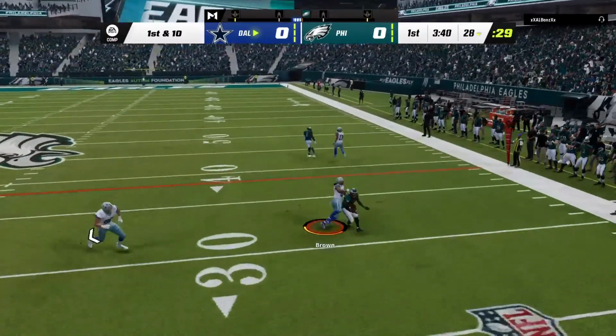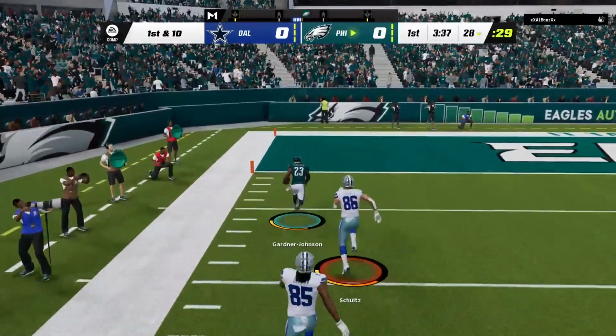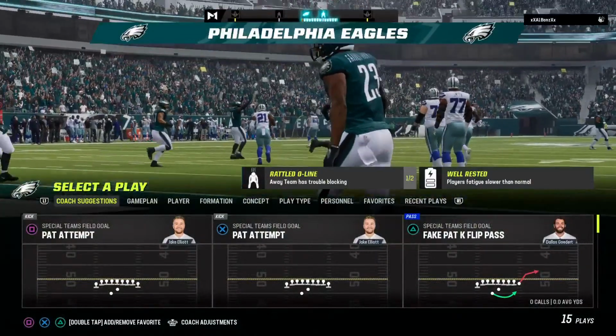They'll come out throwing here to start the drive. The ball popped in the air and intercepted. Chauncey Gardner-Johnson with a pick. And he takes this one back into the end zone. And the Eagles defense...